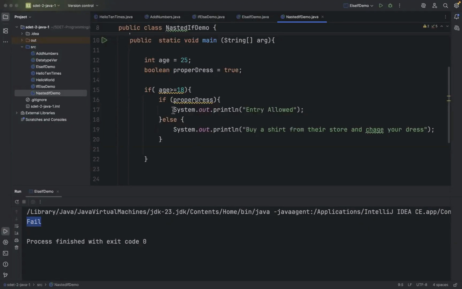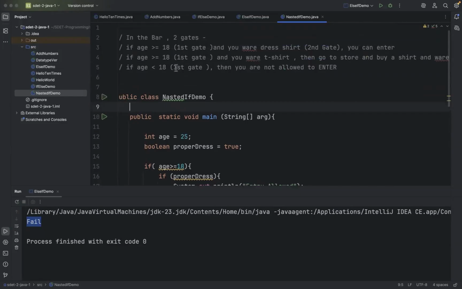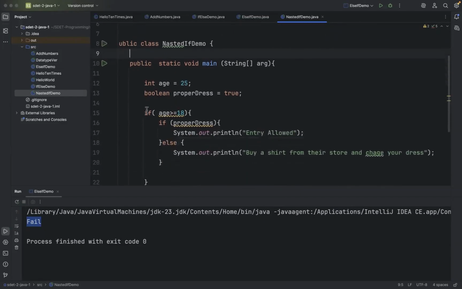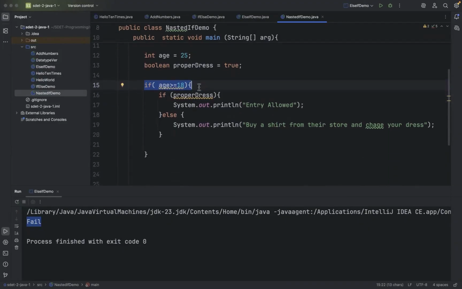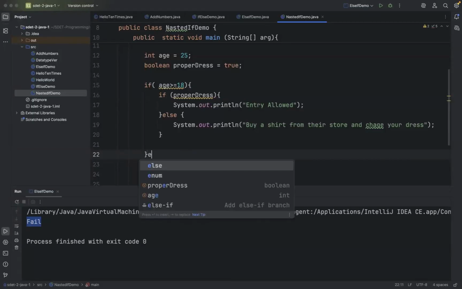Now, third part, if age is smaller than 18. They check your age in the first gate. If your age is not greater than or equal to 18, what happens? Then you have to put an else in this block, not this nested one, this block. You are directly rejected from the first gate if you are not 18. So else